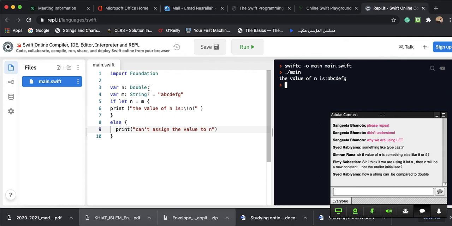Guys, how can a string be compared to double? It's not comparison. It's not comparison. If n can get the value of m,